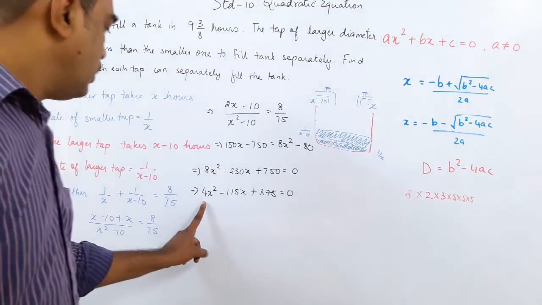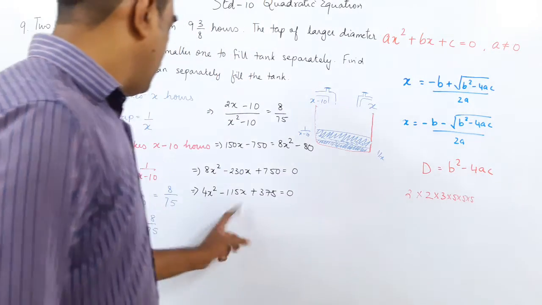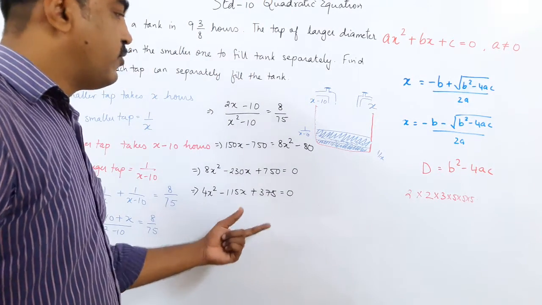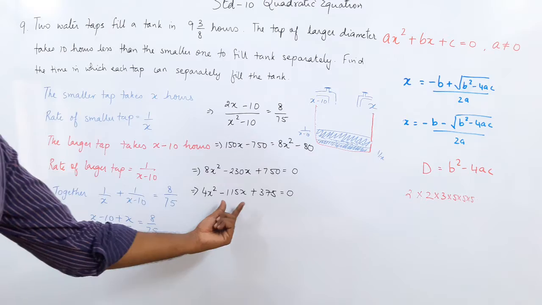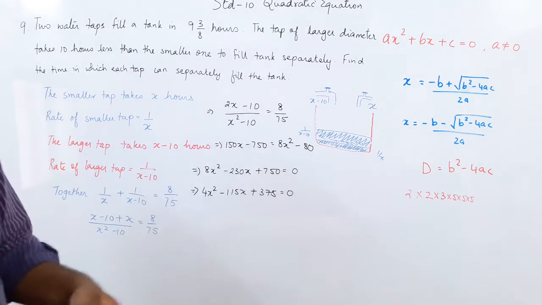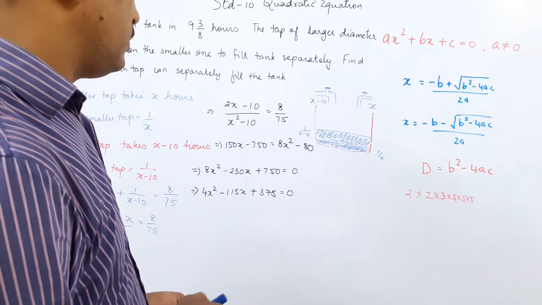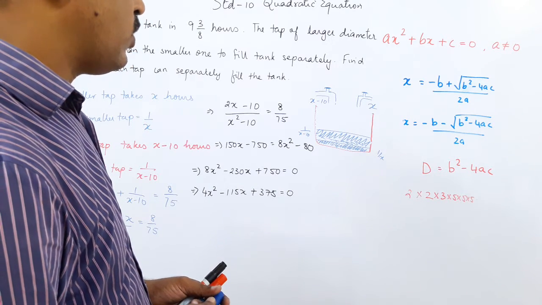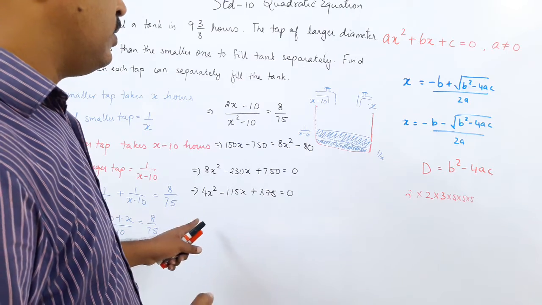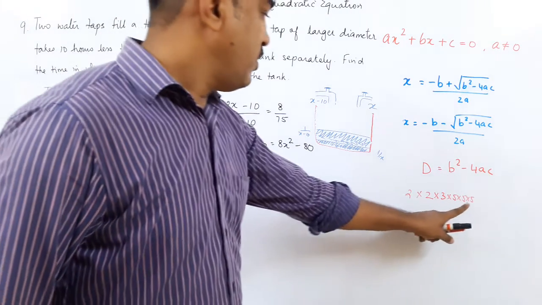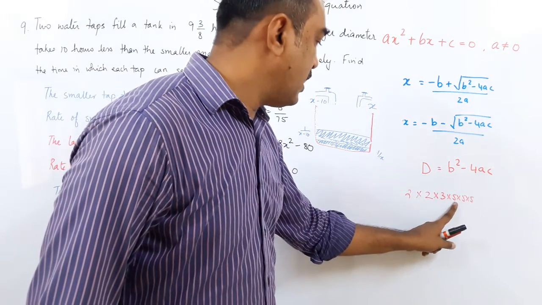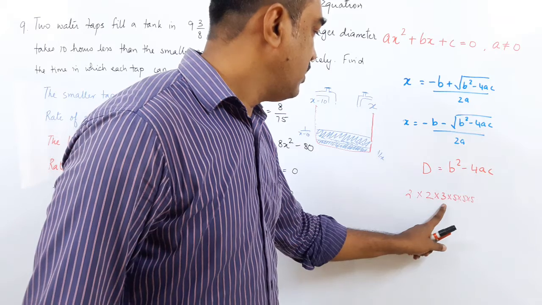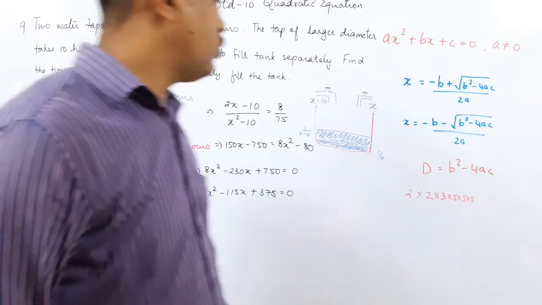So what I have done, 2 2s are 4. So I have to do a into c first. A into c. So 2 2s are 4, and 375 is 3 into 5 into 5 into 5. Now I have to find in such a way that the difference I get is 115. So how will I split these two separately? How can we do it? We have got a minus and we have got a plus here, so both the numbers should be negative. So 5 5s are 25, 25 3s are 75. Does not work. Then you have to try the splitting part.